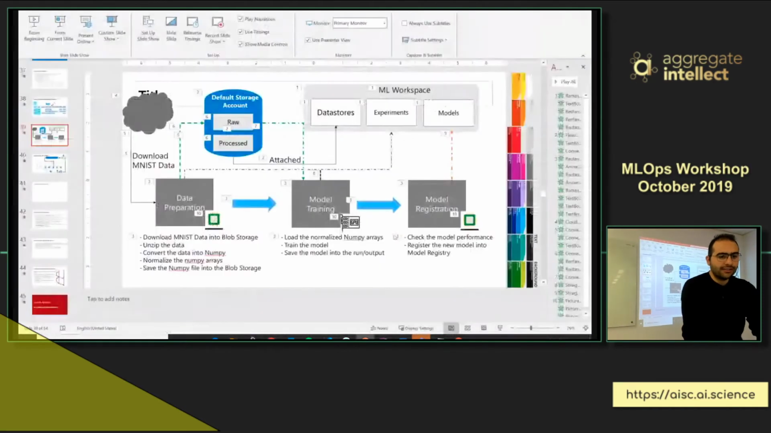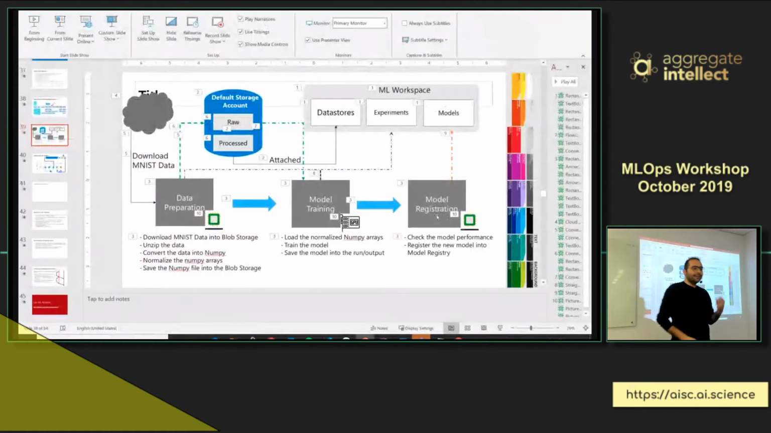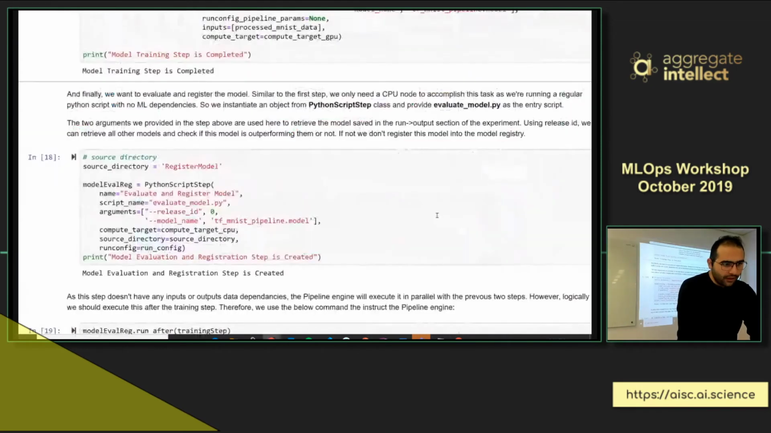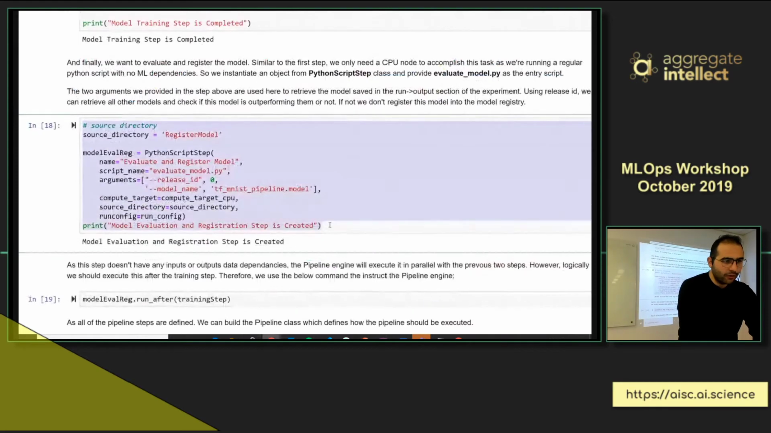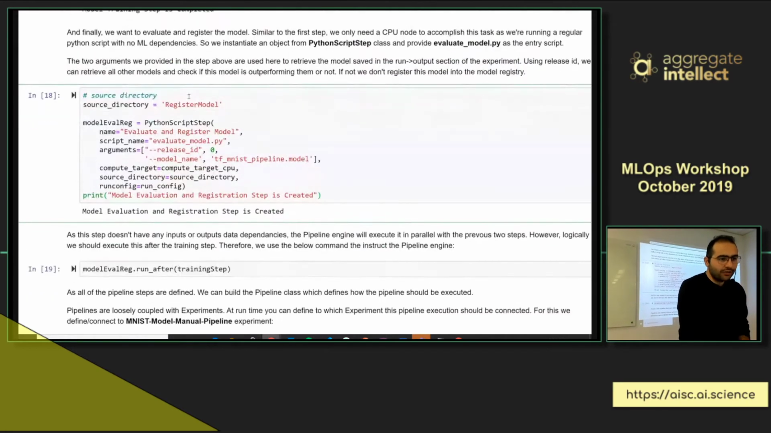Going to this one, what was the next step? Getting the last run and checking whether this last run had a better model or not. We want to evaluate the model and register the new model. So going to this, I'm constructing the last step, which is the model evaluation, passing all of these parameters, and what it does, just quickly,